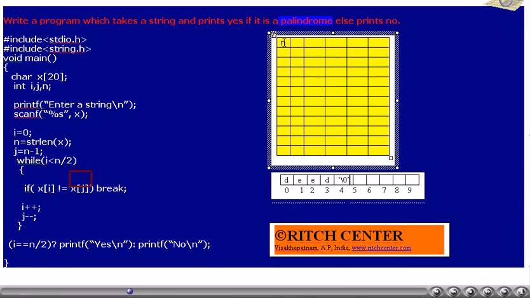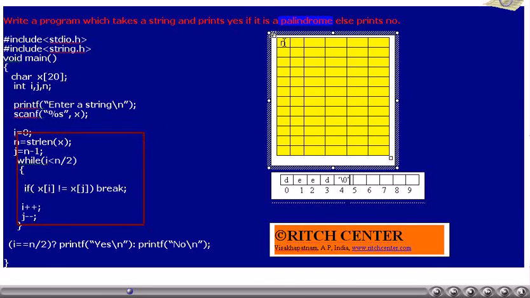So we run for n by 2 times, and if any pair is not the same, we come out of the while loop, and then we can outright say it is not a palindrome.